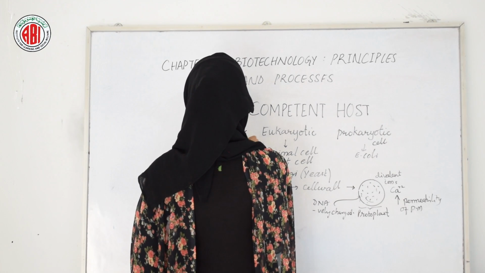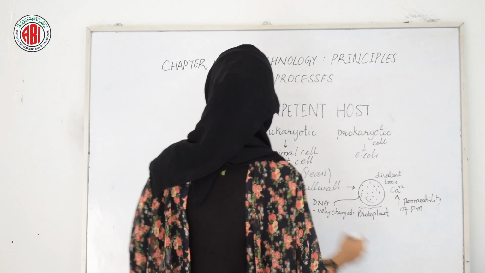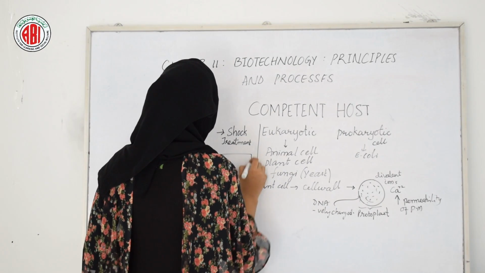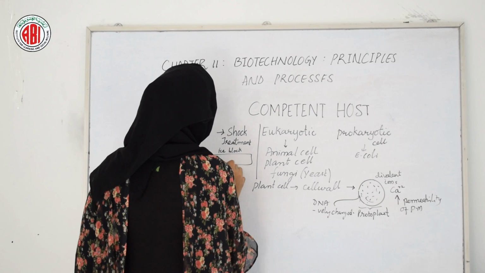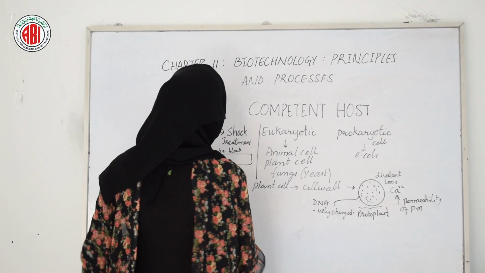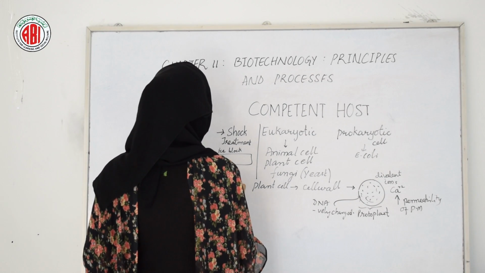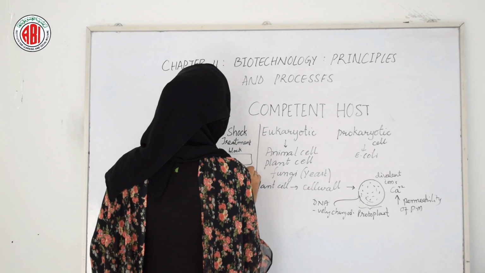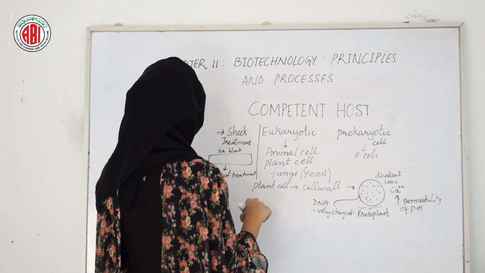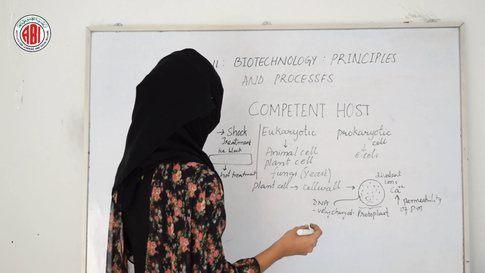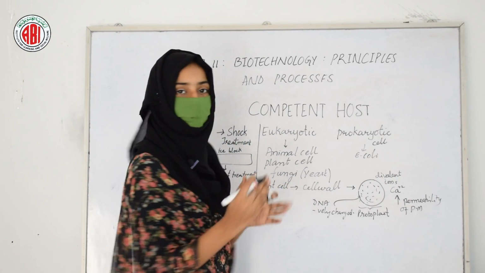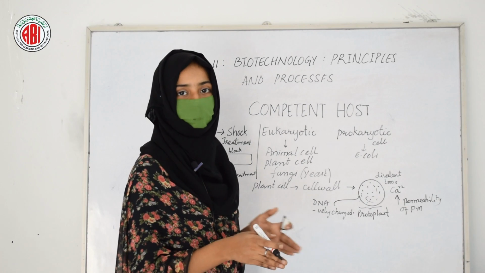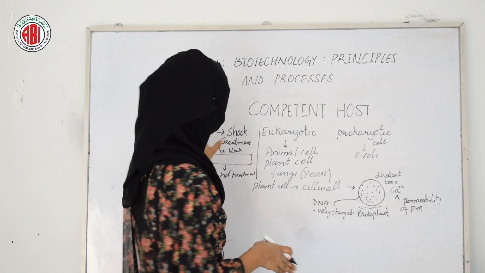In this treatment, the host cell is first kept on the ice block. A cold treatment is given to that host cell. Then after the cold treatment, it suddenly goes through the hot treatment. It is heated at 40 to 45 degrees Celsius for a few minutes. Then after the hot treatment, we keep that host cell again on the ice block. In such a way, cold and hot treatment is given, and that is called shock treatment to the cell.